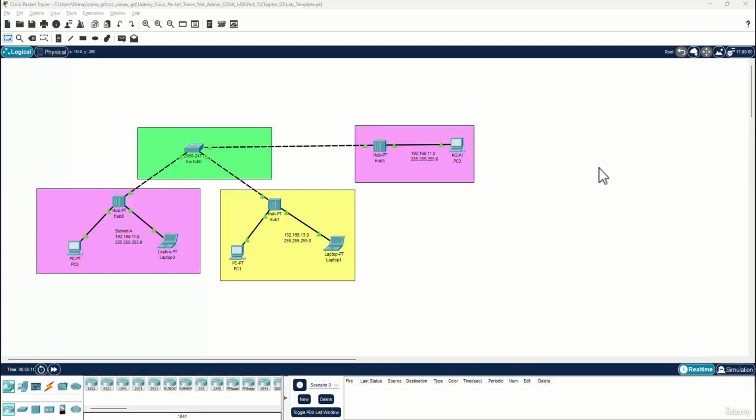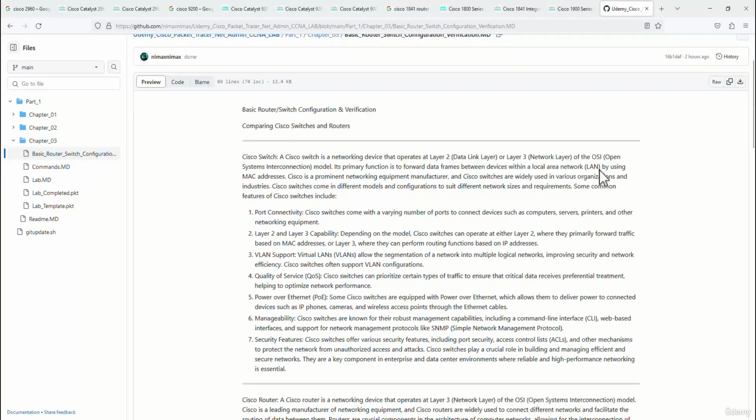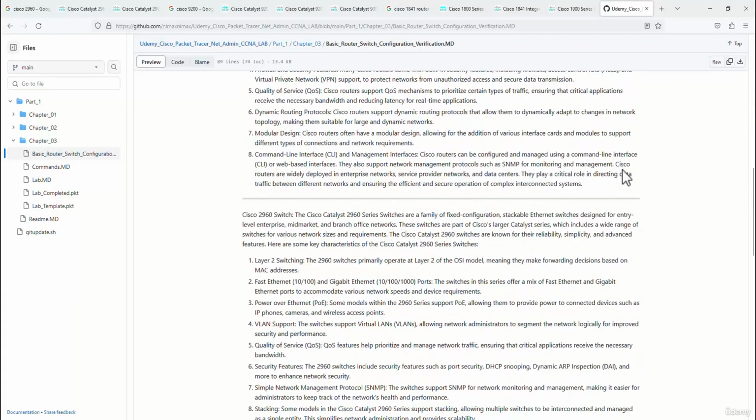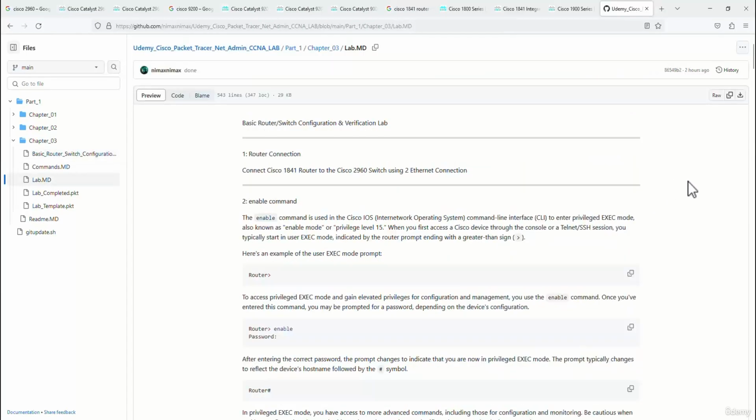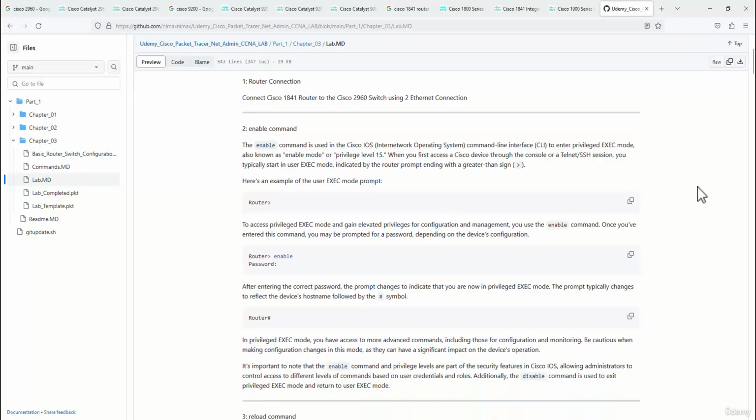In this chapter, we are going to talk about basic router and switch configuration and verification. We are going to talk about Cisco switches and routers and compare them. So we are going to compare Cisco switches to Cisco routers and talk about the Cisco 2960. We have basic router and switch configuration commands, and we are going to talk about each of the commands